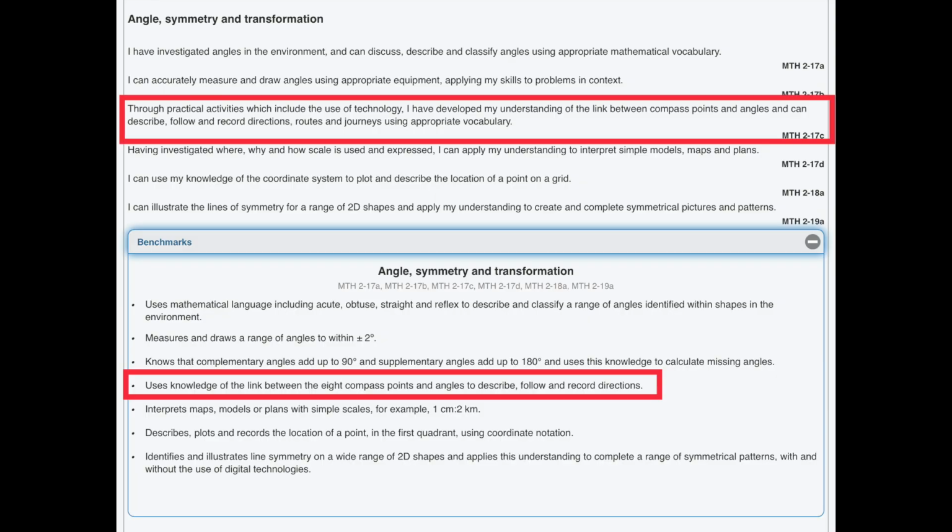We're going to be having a look at compass points and angles as the topic for the lesson that we're going to be teaching. As I said earlier, the first thing that I'm going to do is have a look at the relevant experiences and outcomes and the benchmark statement. This gives me a really clear idea of what pupils will be expected to learn over the course of this